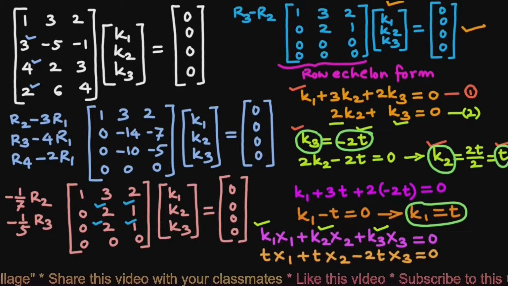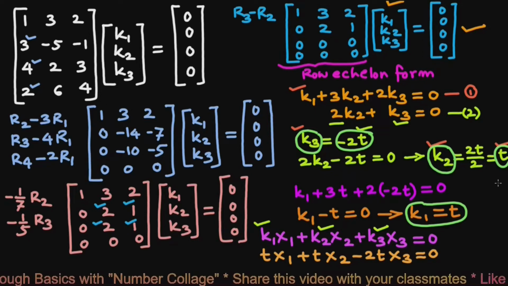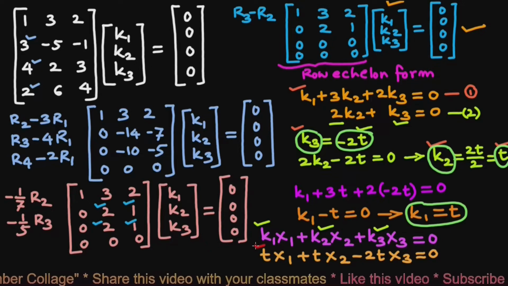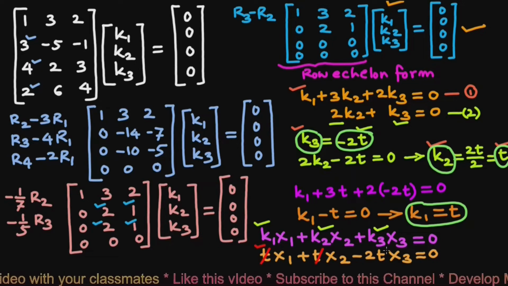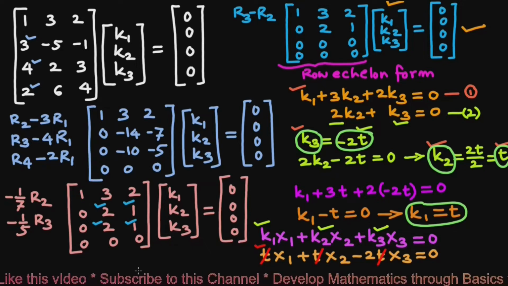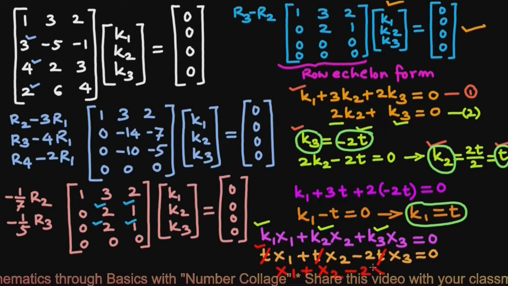Now since k1, k2, k3 are not all zeros, the parameter t is also not 0. So dividing throughout by t, we can cancel this t and we get the equation x1 plus x2 minus 2x3